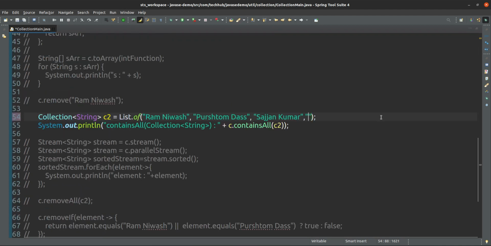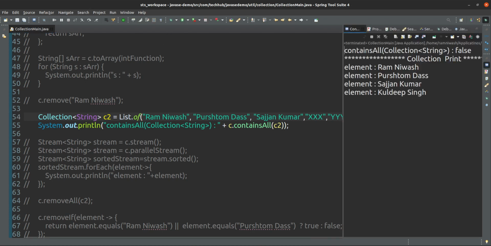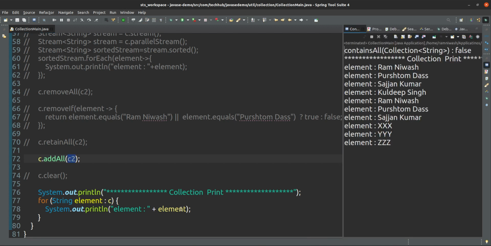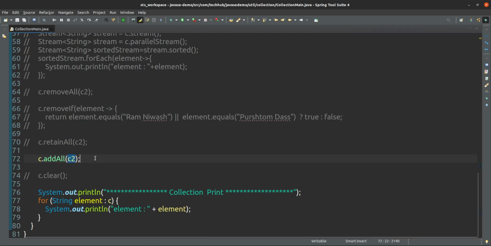Suppose in C2 XXX, YYY, ZZZ, sorry. So if you add all of C2 into C, you add all the elements of the C2 collection, it will add. Yes, it is adding. Okay, the next one is now remove all.